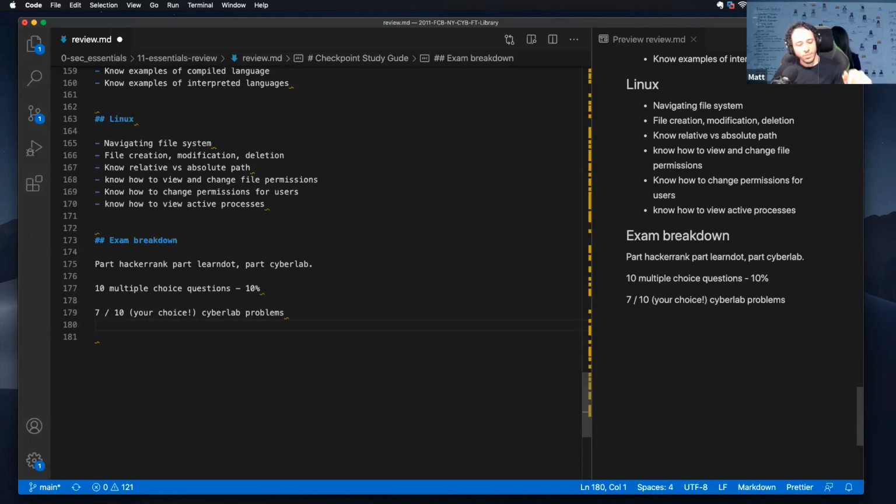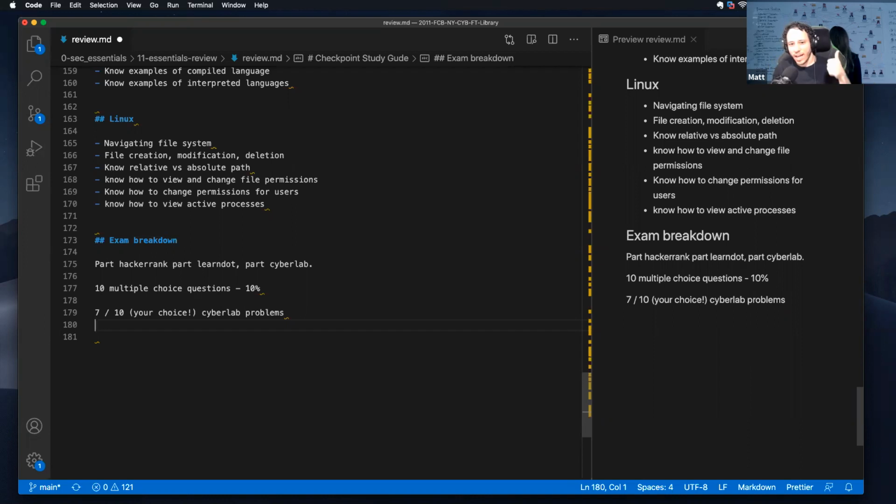Once you have that flag, it will unlock the problems for the exam. Inside HackerRank, you will see problems that have the same name as the problems in CyberLab. You take your flag from CyberLab, you paste it into HackerRank, so it actually gets graded. So the process is, you pick the question you want to do, you solve it, great, you get your